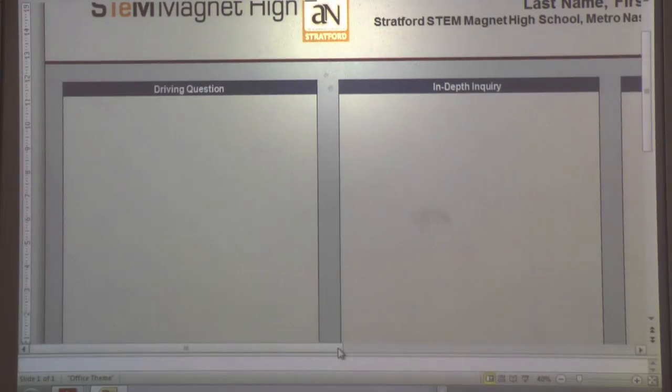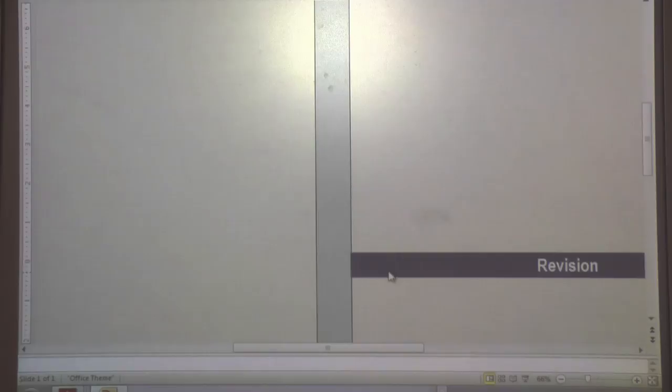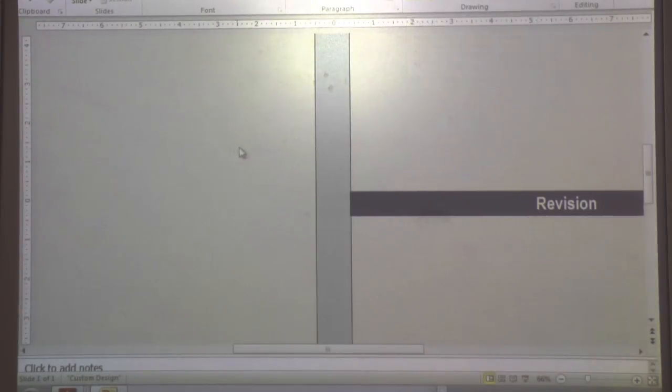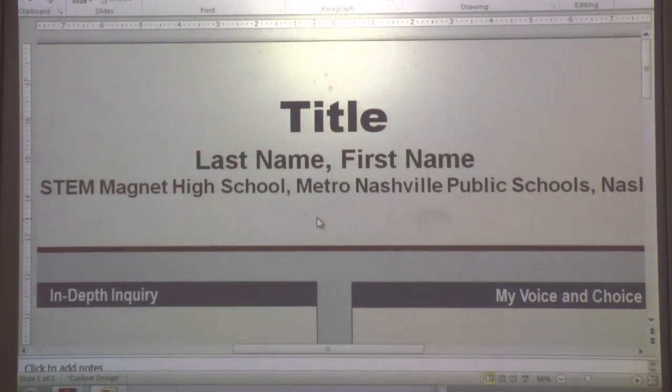You all know that you're seniors, into this template. So you have to first click Enable Editing at the top, which you can't see. Once you click Enable Editing,